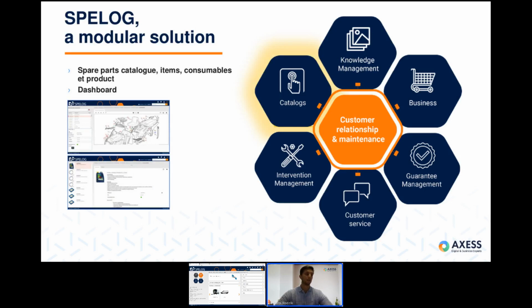catalogs. We have all the spare parts catalogs with exploded views. Your technicians or, for example, your customers can have direct access to those exploded views or those precise documents. It allows your customer to be more autonomous in choosing how to fix the machines that they use. If the company also has technicians, they have free access to the different exploded views and documents. So the next module is